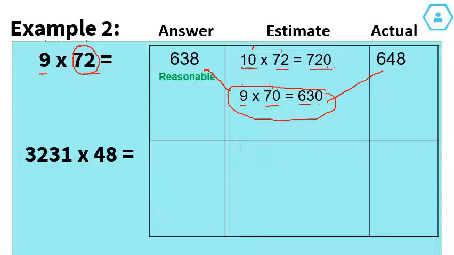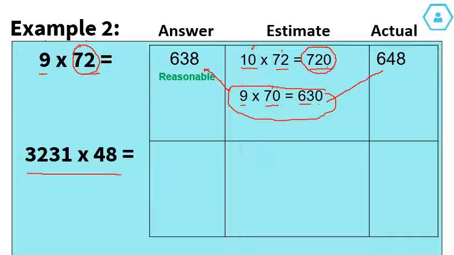Rounding the smaller number seems to have a greater effect on the product you end up with in your estimate. Now, this is still a valid estimate, so don't feel like if you did it this way, you got it wrong. It's just that this one's a bit more accurate, but it still gives us an idea of whether it's reasonable or not. Okay, let's look at this last one here,